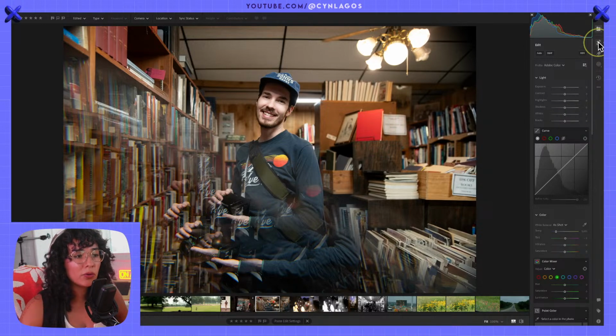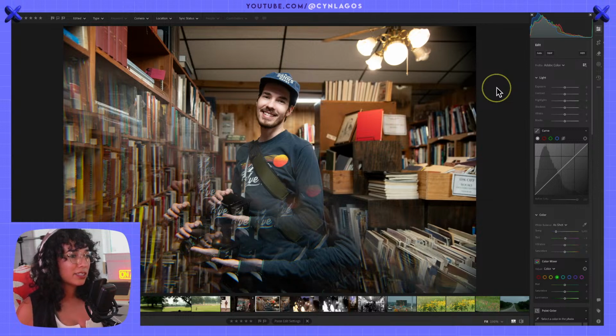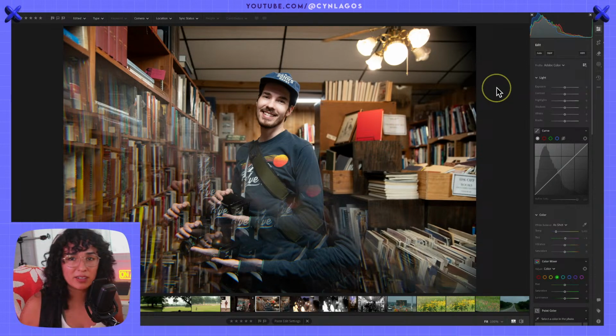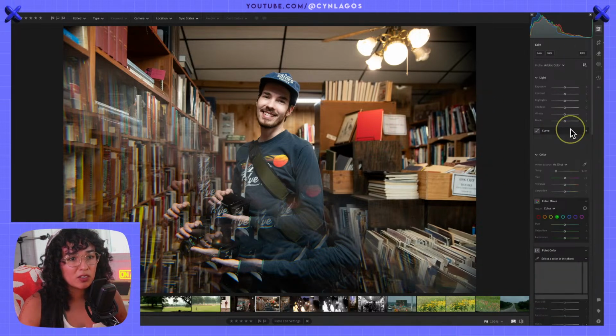I don't know that I want to remove anything. I think all the busyness of it is adding to my photo. And the horizon line is a little weird because the ceiling is straight. However, this paneling is not. But I'm pretty sure the ceiling is what I have to follow. We'll see. Once I step away from it, I might discover something else. But okay, so we've got that.